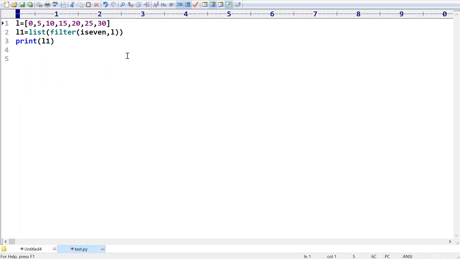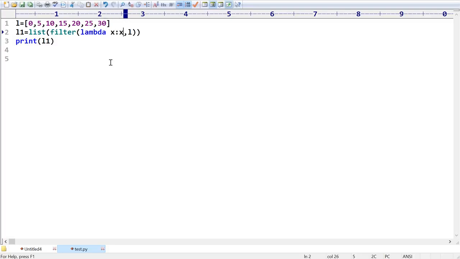L is equal to, like, filter. Here it is always expecting some function. That function should take some x, and it has to return whether it is even or not. So what I'm taking is lambda. Observe that lambda, it is going to take x.